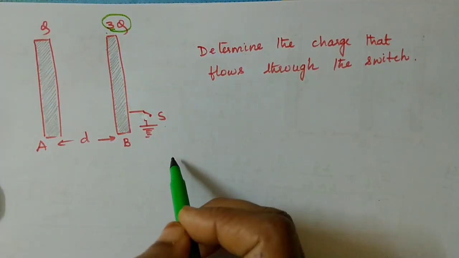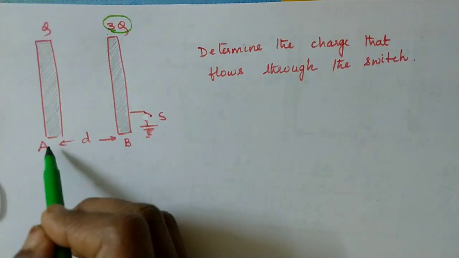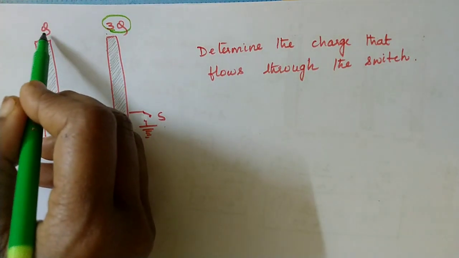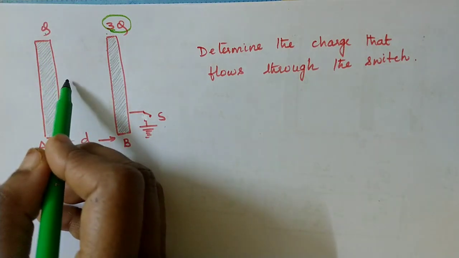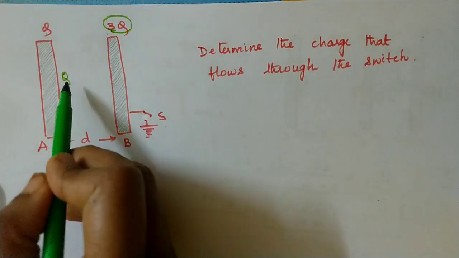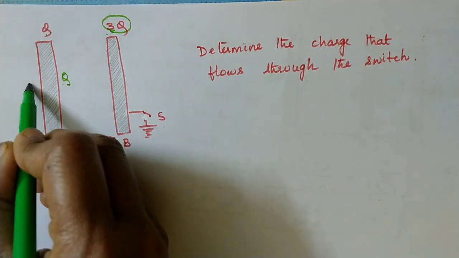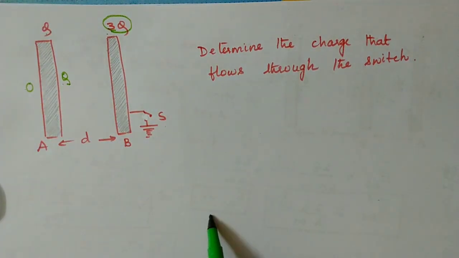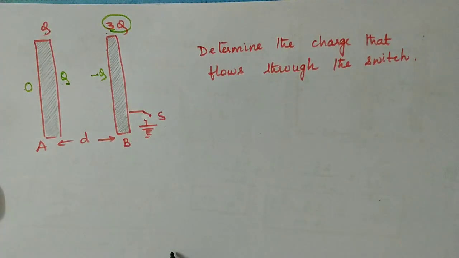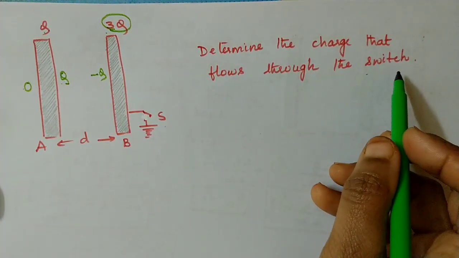That means earth is going to supply negative charge such that all the charges which are present on A will be pulled towards its inner side. That means whatever charge you have given to this plate will come towards the inner side of this region. So here charge will be Q. If this is Q, sum of these two charges should be equal to Q. So what is the charge on the outermost plate? 0. And just now I told you, if this is Q, this will be minus Q. So now you can see what is the charge that is flowing through the switch.